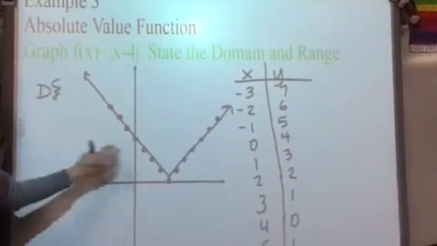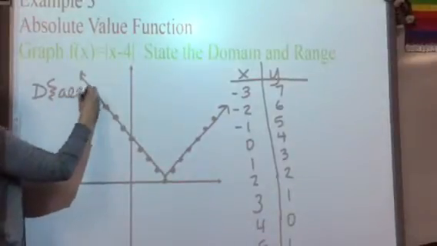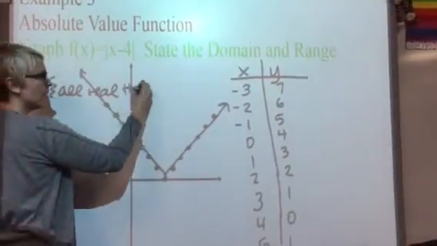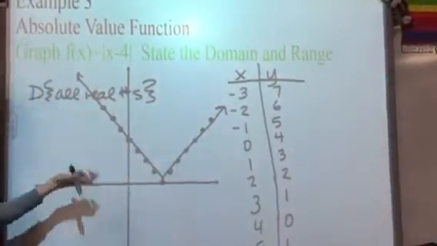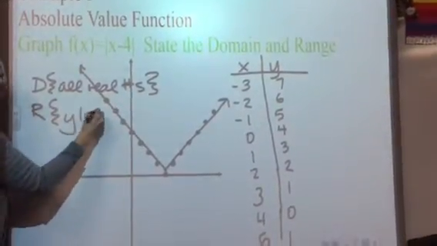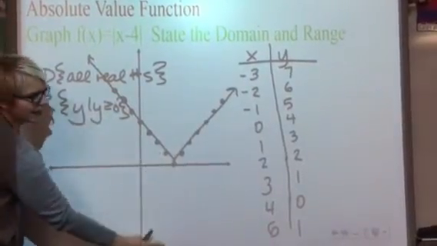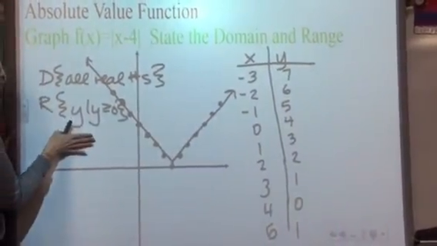The domain could be any value of X. You could do fractions, so it would just be all real numbers. And you could plug in negatives as well. But our range, as you can see, is going to be any value that is greater than or equal to 0. You're never going to see negative values in an absolute value function. So try